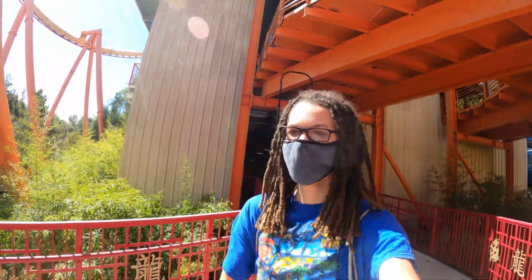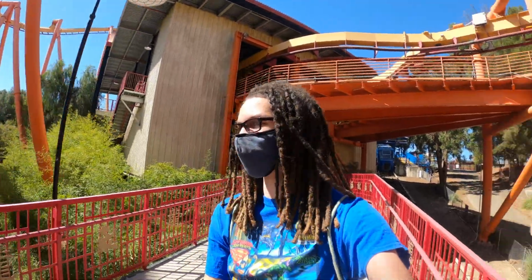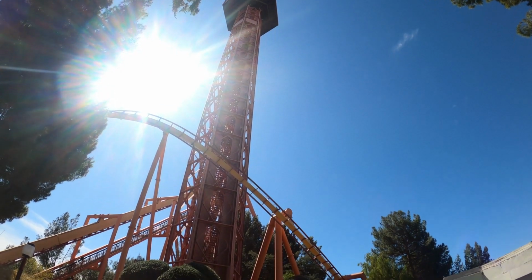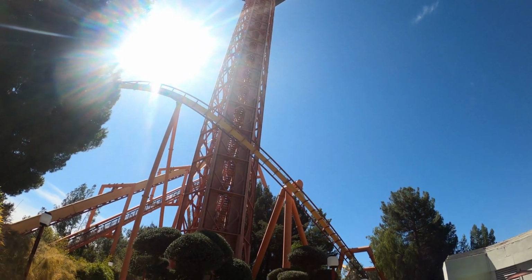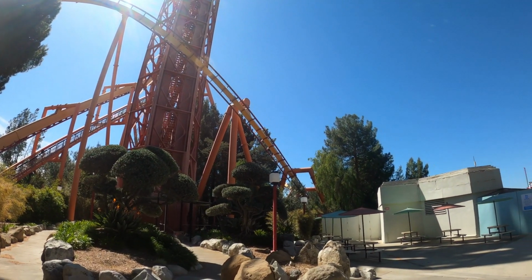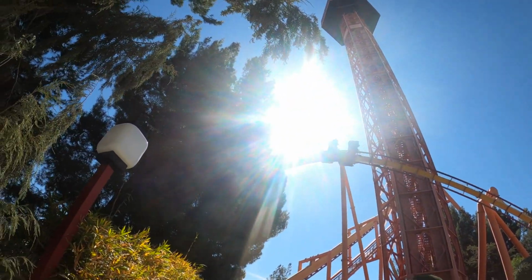On the flip side, if Tatsu has been running constantly all day, then there is a higher chance that it isn't going to suddenly start experiencing plenty of issues. Now, don't take that to heart, because even if a ride is running flawlessly all day, it can still break down at any point, and for that reason, there is a little bit of risk by choosing to wait in a long line,